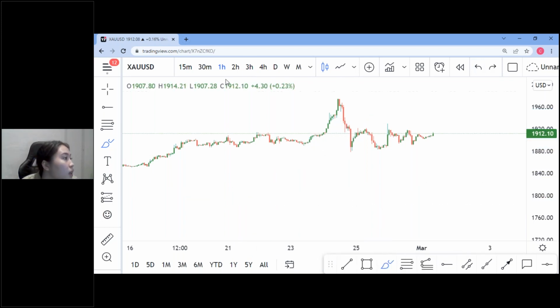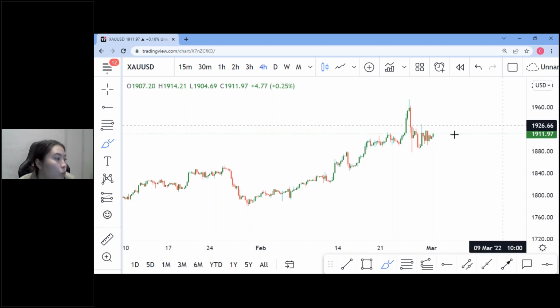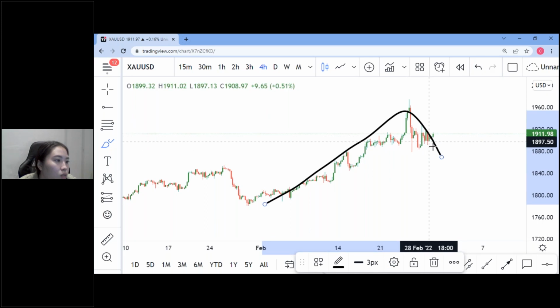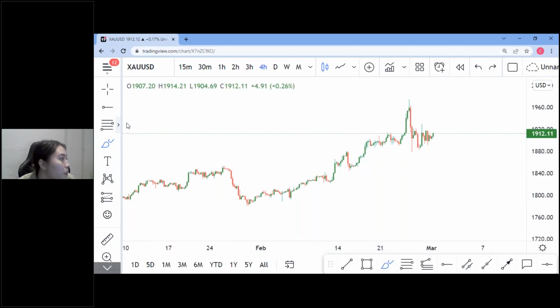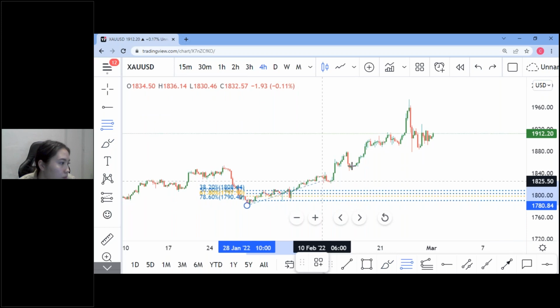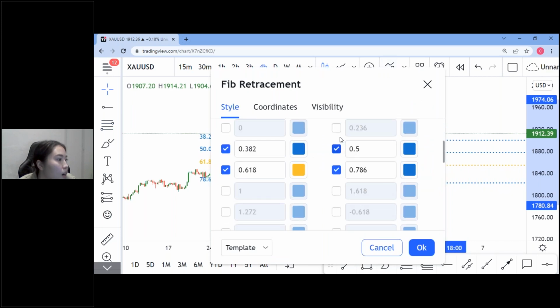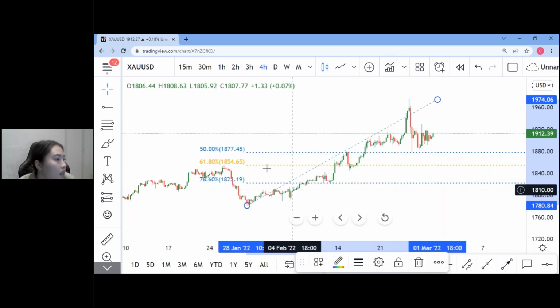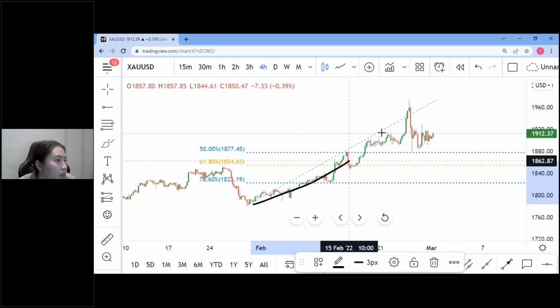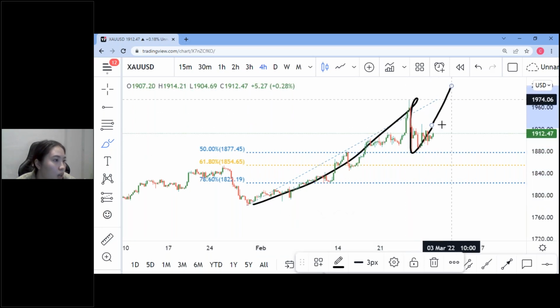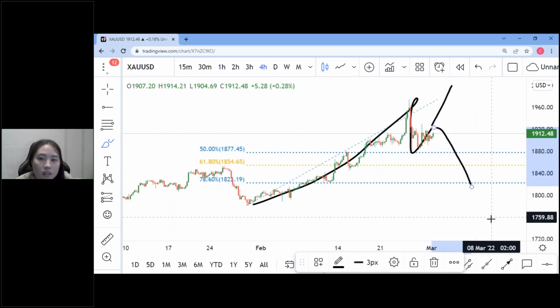So let's go back to 4 hours. Let's try to predict where price is going on this bigger time frame. If we go down to the smaller time frame, that's already scalping. We can agree that price has bounced off the 50%. Price came here, did the reversal, bounced off the 50%, and then went back up. So the question now is, will it continue to shoot up, or is it gonna come back down?